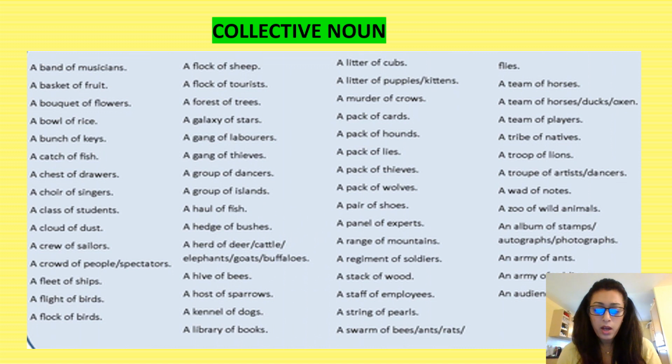Now, collective nouns are nouns that refer to a group of something in particular. Often, collective nouns are used to refer to groups of animals. Consider the following words with the phrases. A band of musicians, a basket of fruit, a bouquet of flowers, a bowl of rice, a bunch of